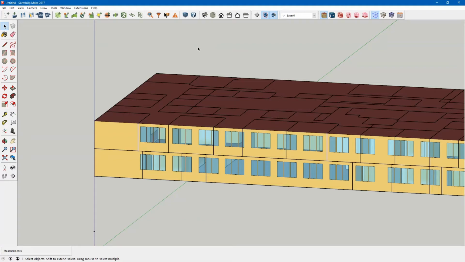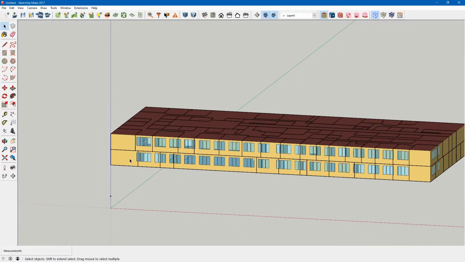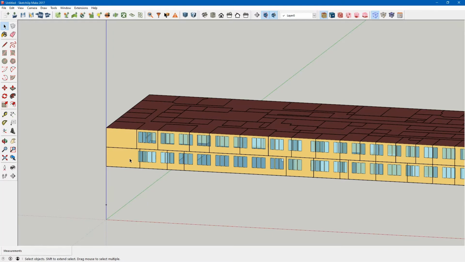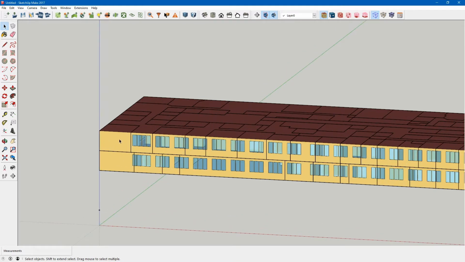Today I'm going to show you how to create a shared plenum between two different floors. So we've got a large office building. We will be working on the third and fourth floor right now just for simplicity.